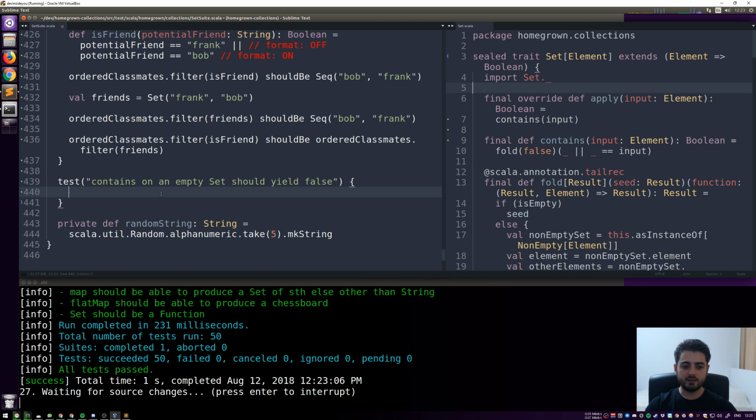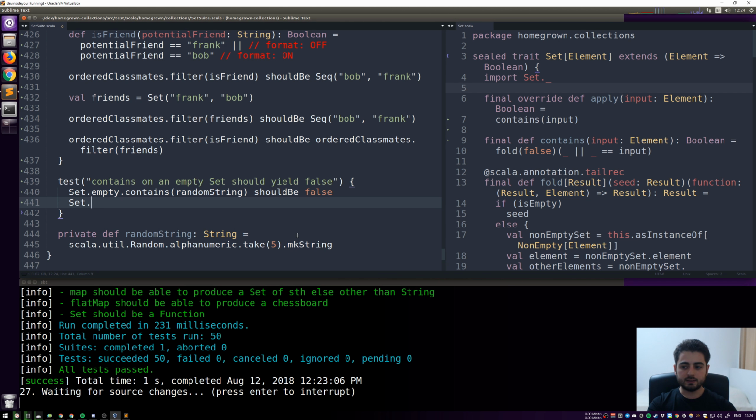Again, these are not going to be complete tests, but because I know that everything that goes through apply ends up going through contains, we have this code covered. So we're going to have set.empty contains random string should be false, and set.empty does not contain, which we're sort of getting for free, random string